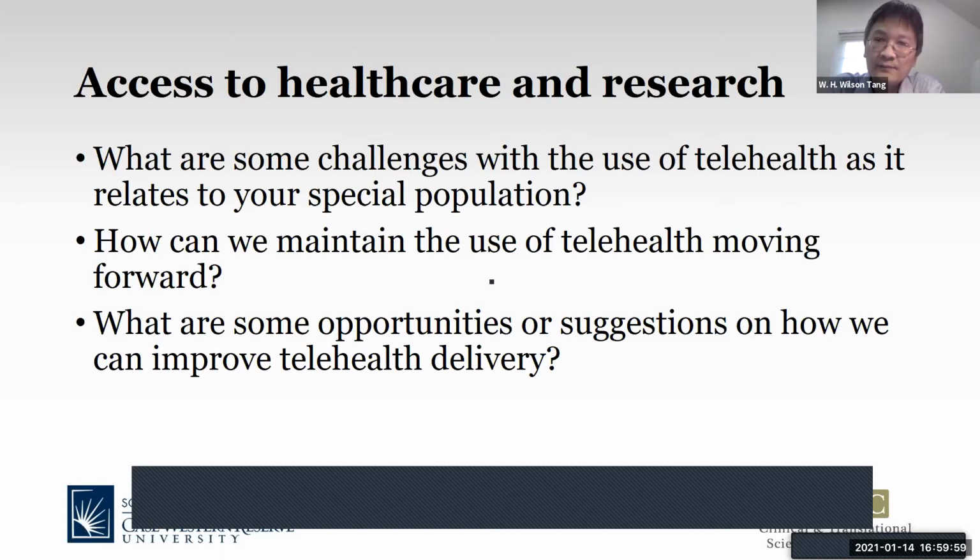To answer the other question about access, it's not necessarily telehealth, but internet technologies. We find quite interesting in a recruitment for a precision health study that there is a high percentage of African Americans or minorities who respond favorably than perhaps if we just approach them in a face-to-face fashion. So I think there are benefits in telehealth when the actual inquiry